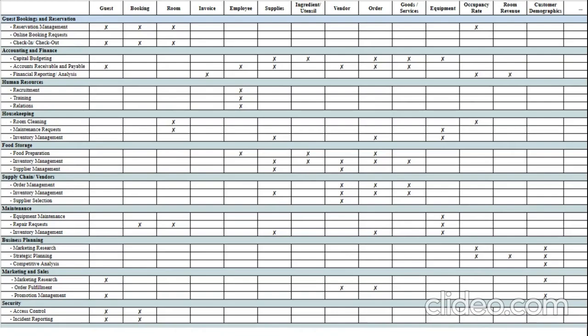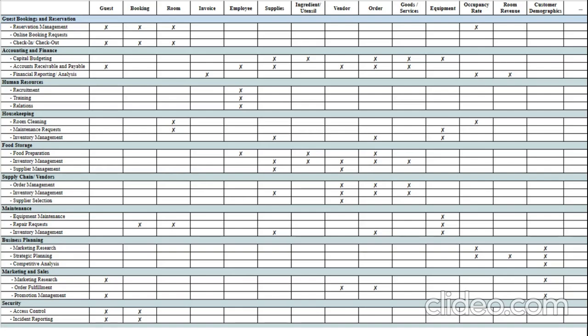Business units are essential components of a company, responsible for various tasks and activities to achieve its goals. These units use various processes such as reservation management, online booking requests, and check-in check-out procedures to achieve specific objectives. Data entities such as guest information, booking data, and inventory management systems are used by these units to perform tasks